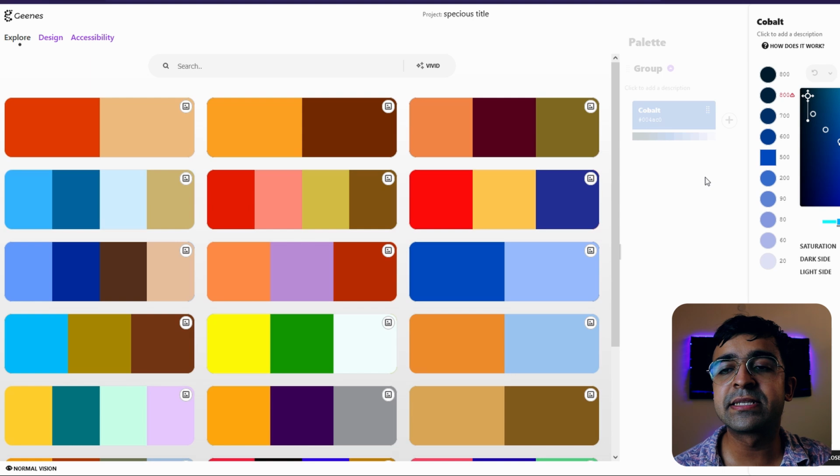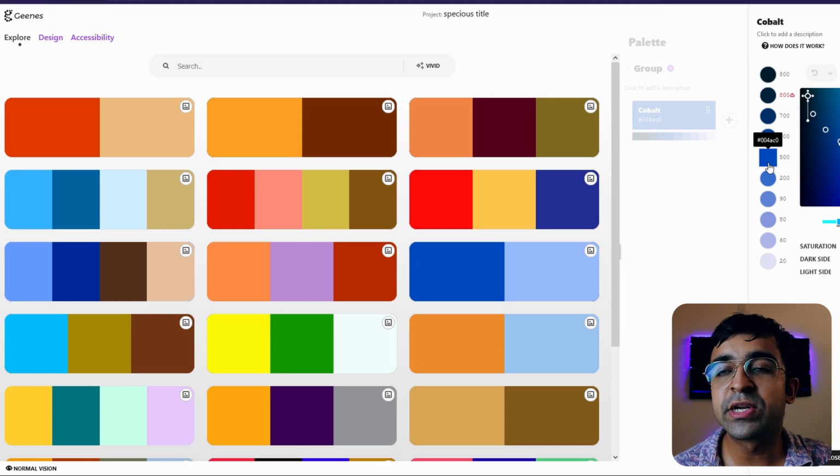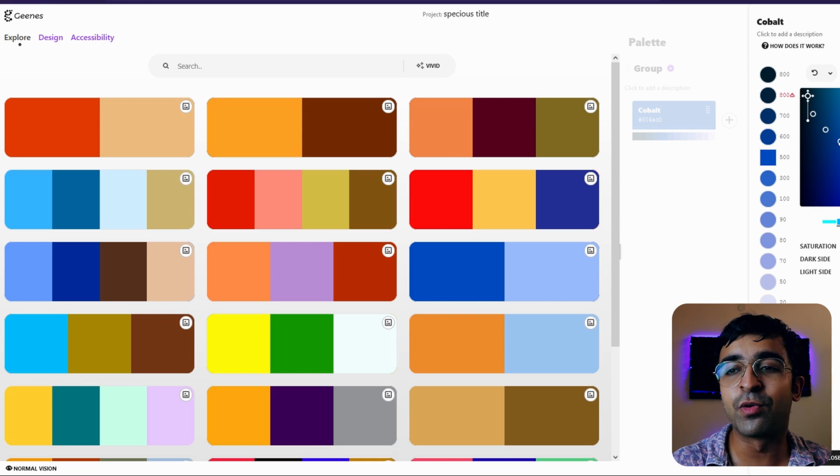Now what it does is automatically create a range of colors from desaturated to saturated, from light to dark. So it's doing that right here, and you can choose how many color variants you want here. You can even increase or decrease the saturation, so the saturation level is up to you. And it also has a very smart curve here.